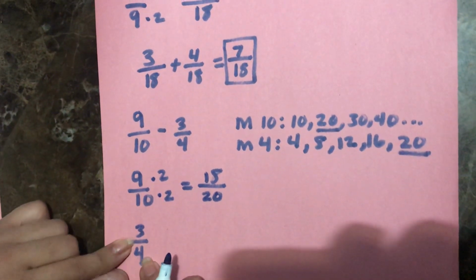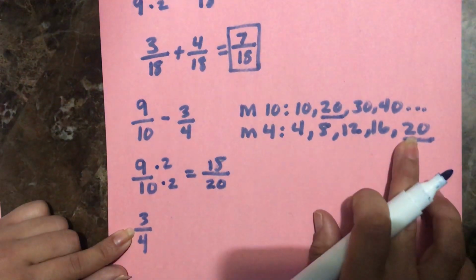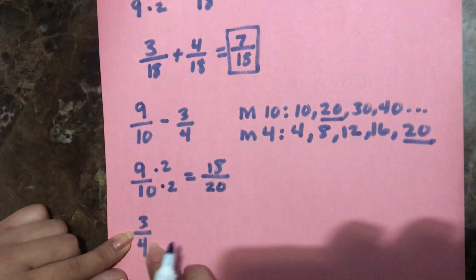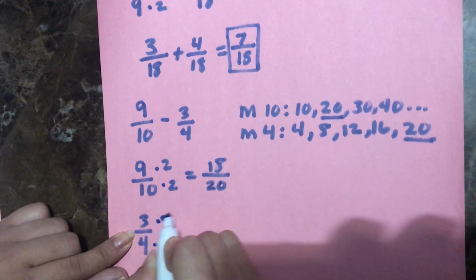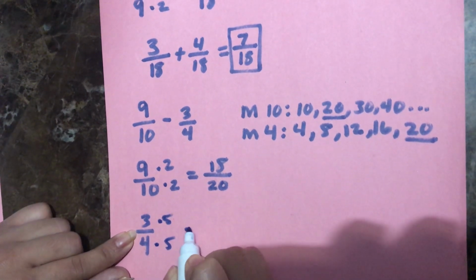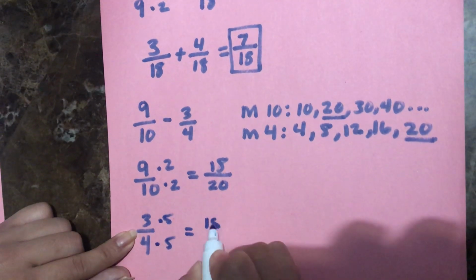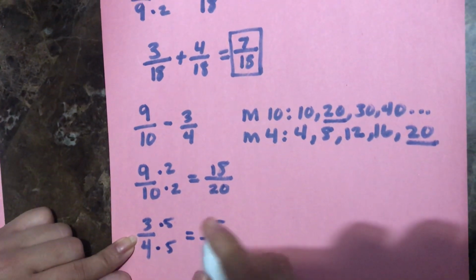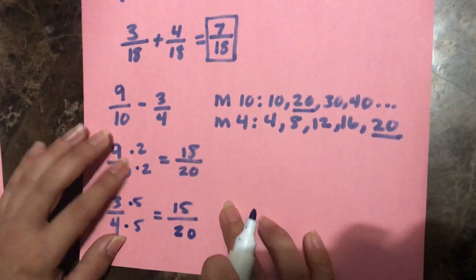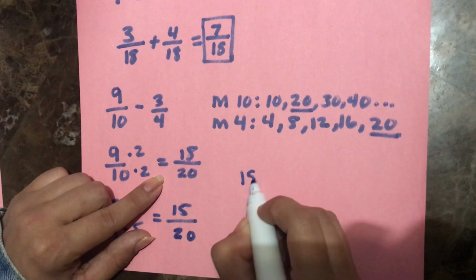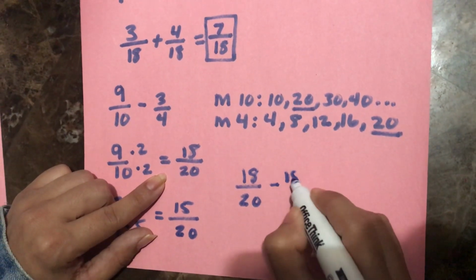And then we move on to 3 over 4. For 3 over 4, we found that it was 5 times 4 is 20, so we multiply each one by 5. So 3 times 5 equals 15. Then 4 times 5 equals 20. Now we take both fractions: 18 over 20 minus 15